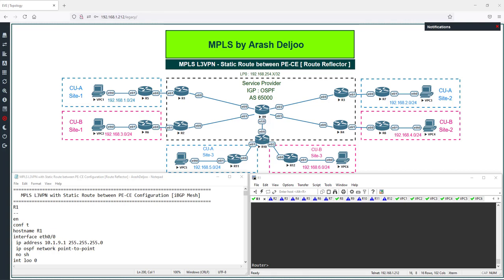MPLS Layer 3 VPN configuration with a static routing between PE and CE. In this scenario, again, I am going to show you how you can configure MPLS Layer 3 VPN, but in this video, I am going to configure route reflector, and you know that with route reflector, we can have more PEs, or for example, we can use route reflector for easier management and also as a scalability solution in